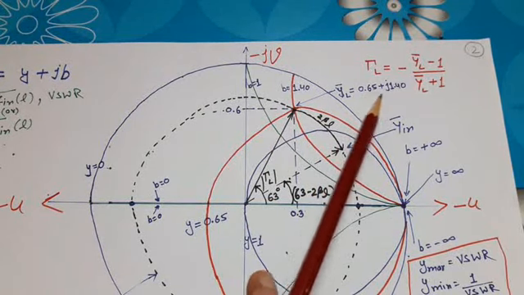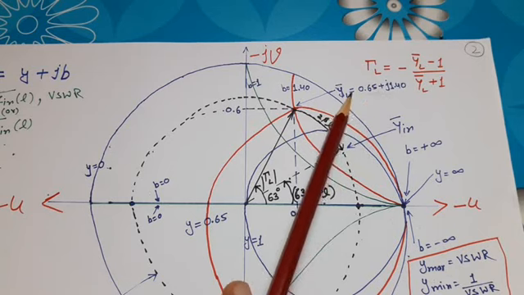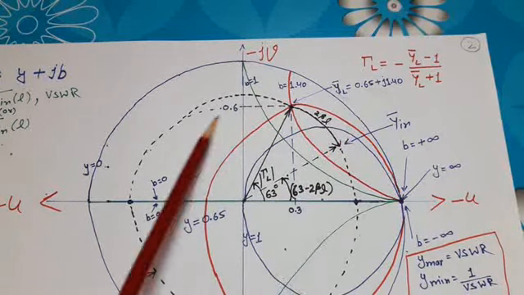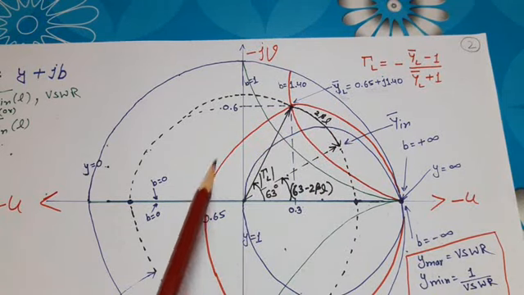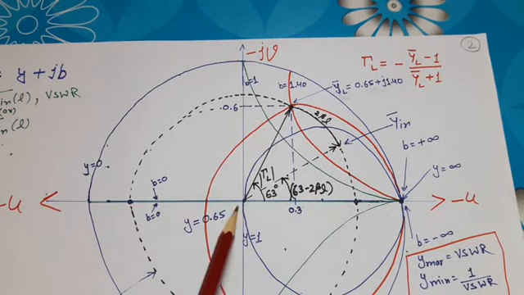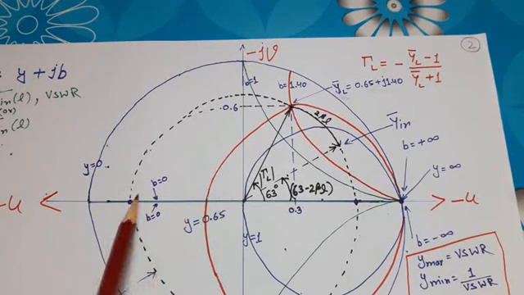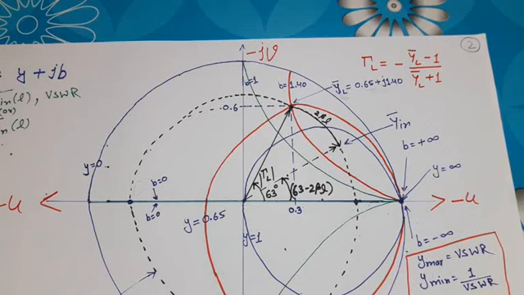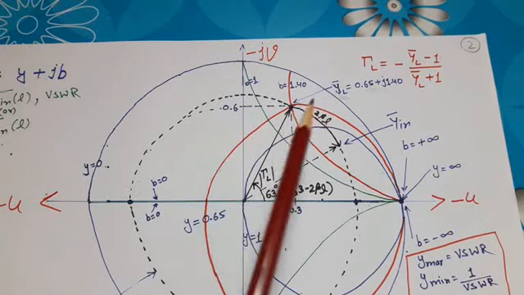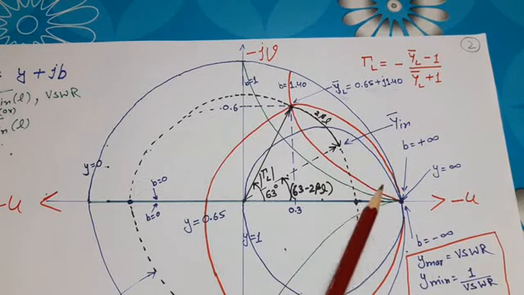If we solve this, our first duty is to mark this normalized load admittance in the Smith chart. As this circle is G is equal to 0, this circle is G is equal to 1. So G is equal to 0.65 circle will be in this region. Suppose this is G is equal to 0.65 circle. Now we find B is equal to 1.4 circle. As this is B is equal to 1 circle,